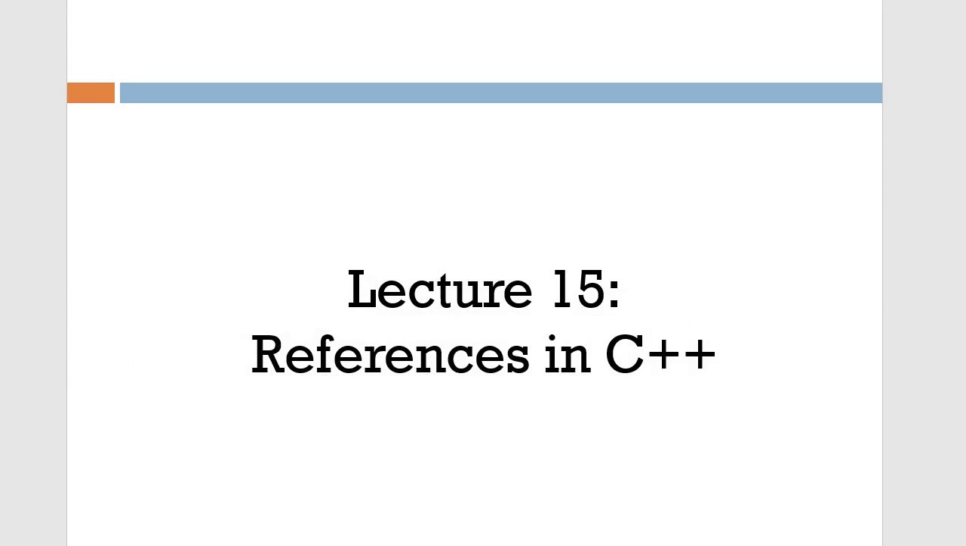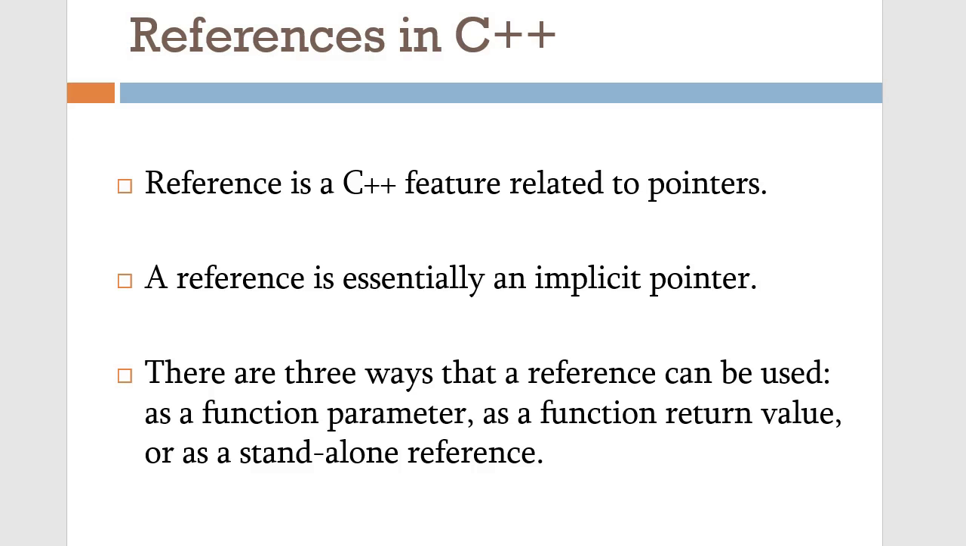This is lecture 15 of this video series, and today we are going to discuss references in C++. It is one of the very important topics of C++ programming. References is a C++ feature which is related to pointers. Reference is essentially an implicit pointer. So we'll talk about how references are used as an implicit pointer in this video as we